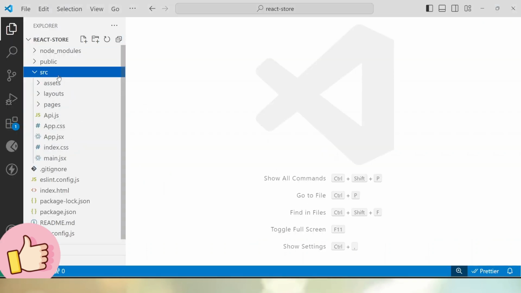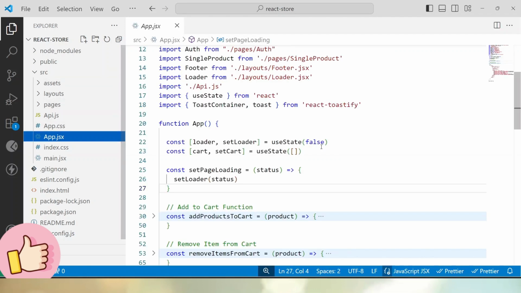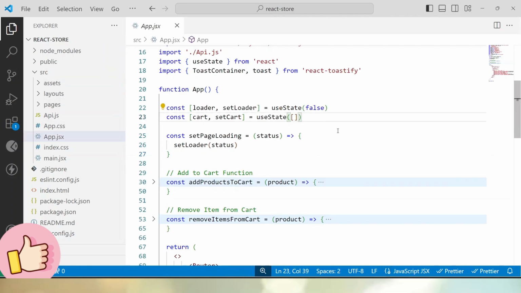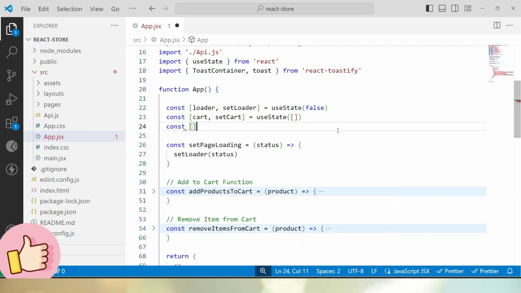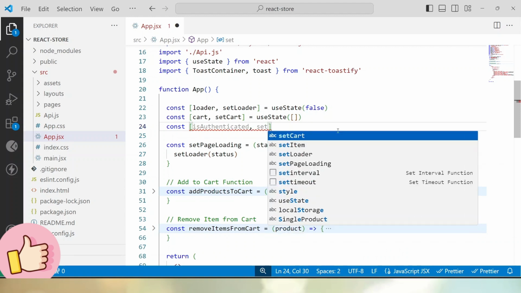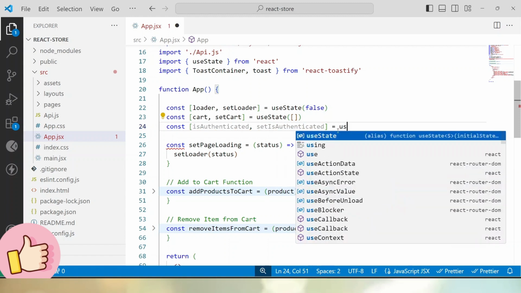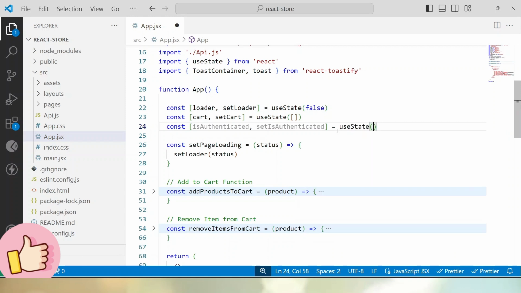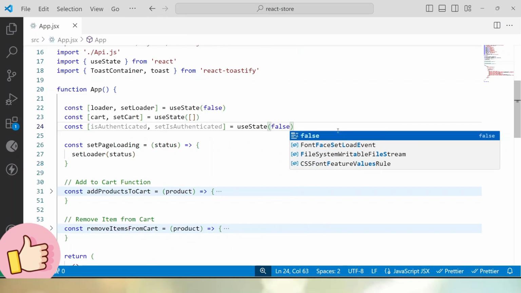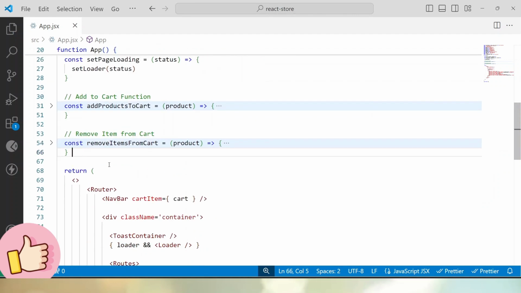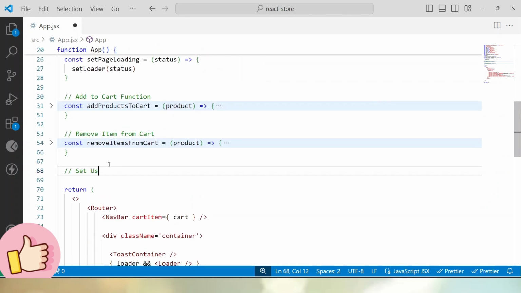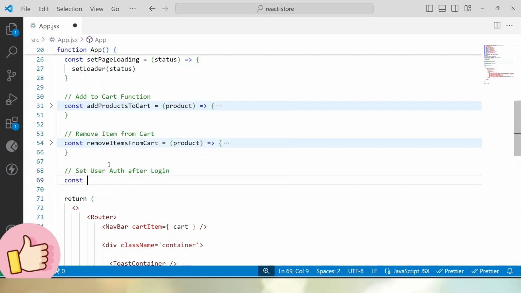Let's open the src folder. I'll open the app.jsx file and here I will take a state variable. Let's say const isAuthenticated, setIsAuthenticated, and by default, let's say useState, by default it will be false. Now I will simply create a function here, set user auth after login. So here, let's say const